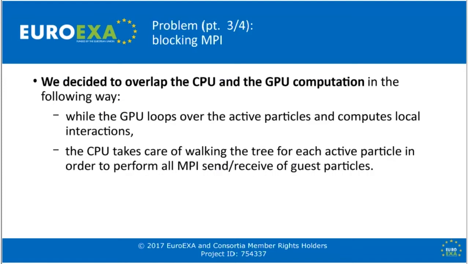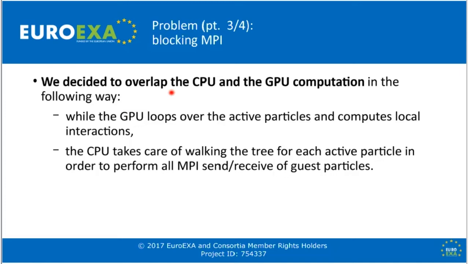And then there is a problem of the blocking MPI communication within the same time step. Because, as I said, first you have to find the neighbors of the particles that are organized in a tree, but some neighbors may be on a different MPI rank, so you have to send your particles to some other MPI rank in order to be processed. For this reason, we decided to split the algorithm in two. There is one part of the algorithm that runs only on the CPU, asynchronously, and this is a tree walk for every active particle that will search for